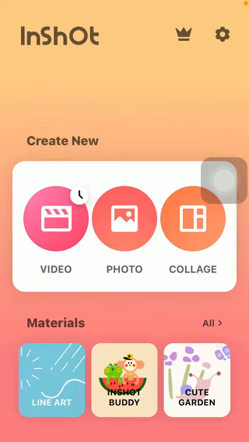Hello guys, in this video I'm going to show you how to add effects to your picture on the InShot